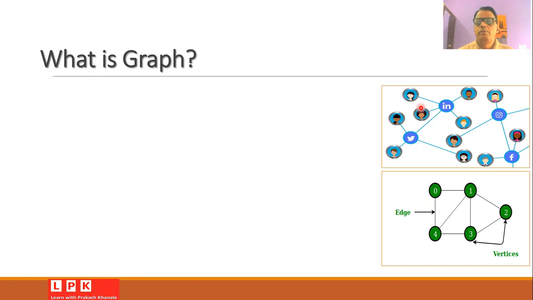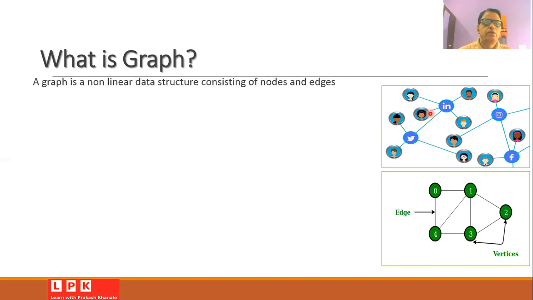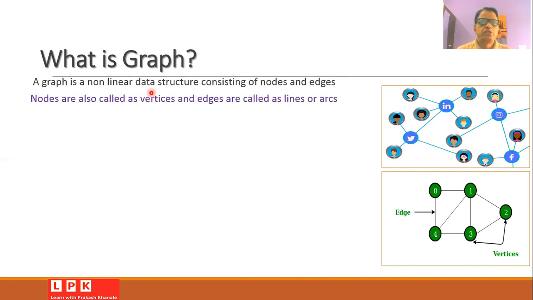You will see that all the people on the social network are connected to each other by some edges, and this can be called a graph. So you can say that the graph is a tool that is used for the connection of the people on the social network. So graph is a nonlinear data structure, and this data structure consists of nodes and edges. Many of the data structures that we have seen are linear data structures, such as array, linked list, stacks. But graph is a nonlinear data structure, and it is basically a collection of nodes and edges.